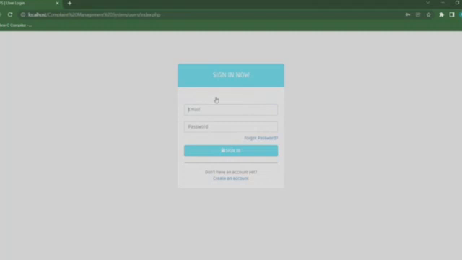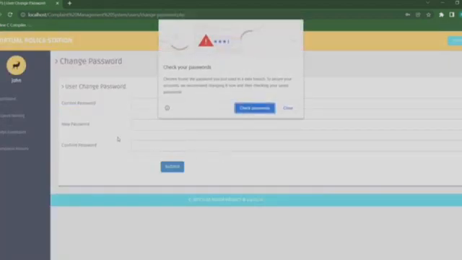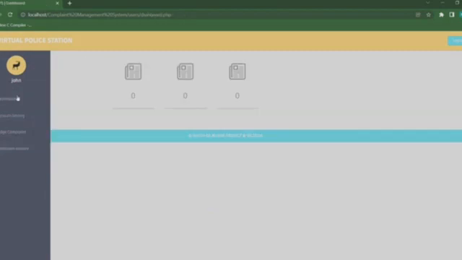So we will go through sign in. We have given john@gmail.com and the password as John, and sign in. So we will get this page. This is the interface page of the user. We have dashboard, account settings, lodge complaint, and complaint history. In dashboard we can see the status of the complaints given by the user, like here it is showing 0 complaints not processed, 0 complaints in process, and 0 complaints closed.